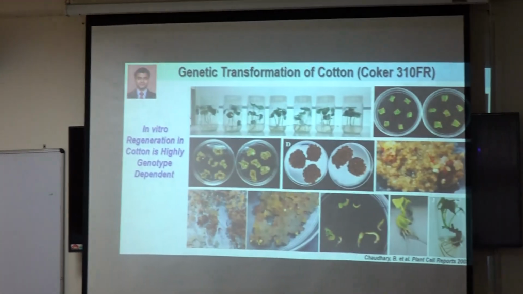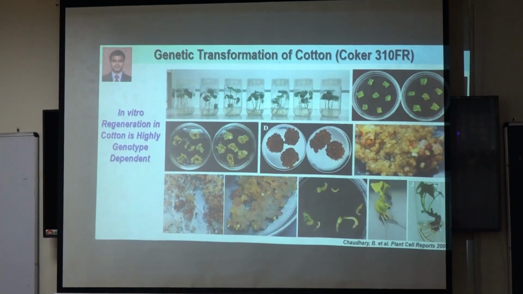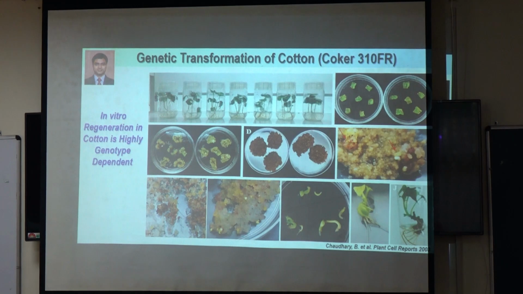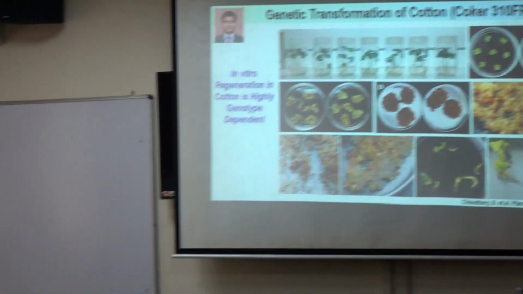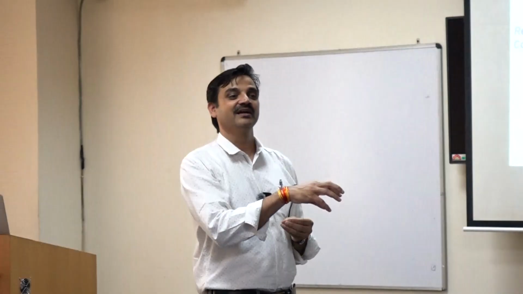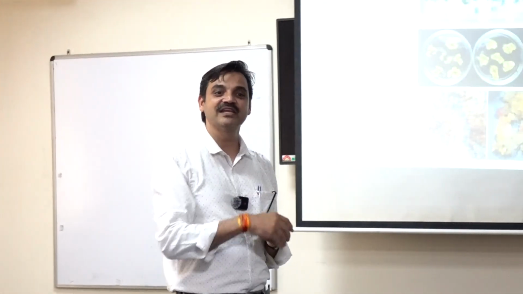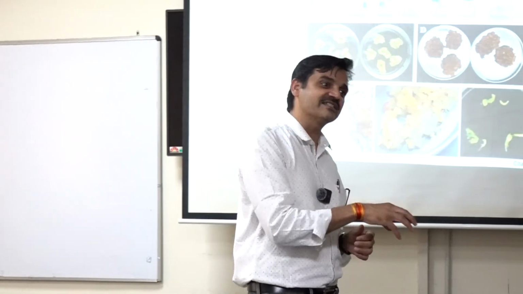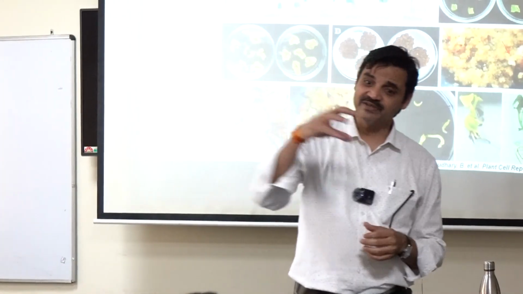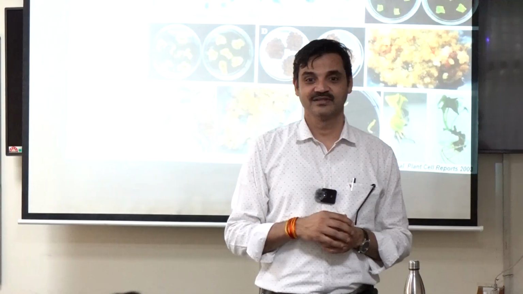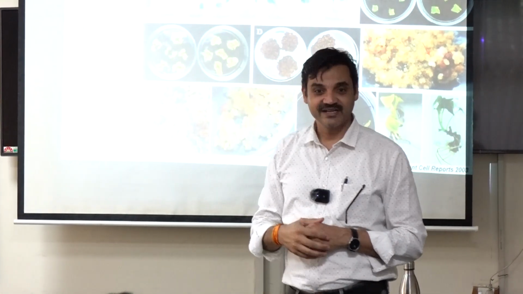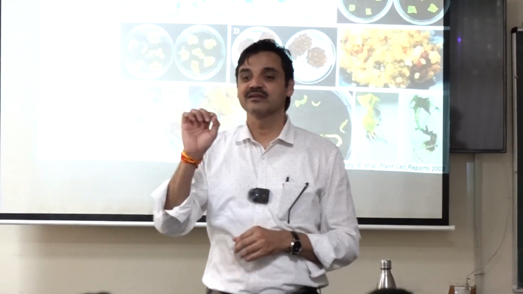Cotton is a tough system when you are modifying. So what was done? He has amplified or taken the profilin gene from cotton itself, because that has been selected, and put another copy of that gene into the cotton plant, as was done in the case of wheat cotton. They have taken a gene from bacteria, put it into cotton. What we have done is we have amplified a gene from cotton itself and put another copy of that gene into cotton, because we had a logic that the profilin gene is basically selected under domestication and giving you a good phenotype.